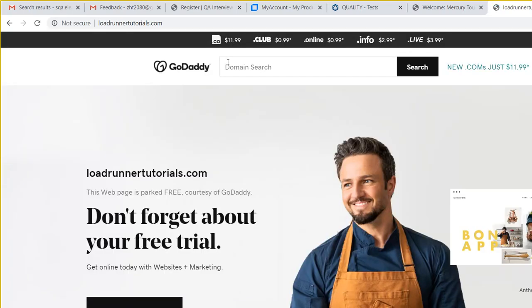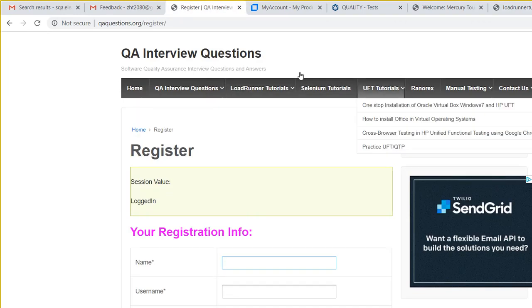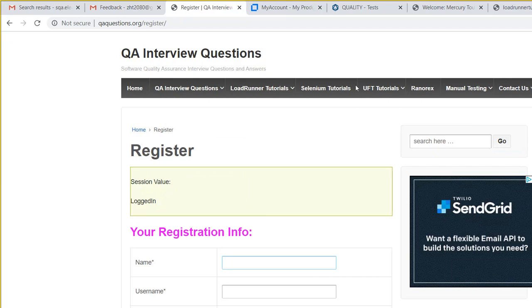It is not there yet, but I'm writing code for this website. In this website, the requirement will be that there will be different tutorials and different information, but first of all, the user will have to register first. Once they are registered,